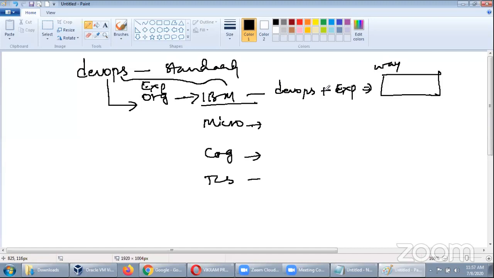They have their own brand. For example, we have IBM DevOps, guys. Microsoft, we call it Azure DevOps. We have AWS also, which we call AWS DevOps.